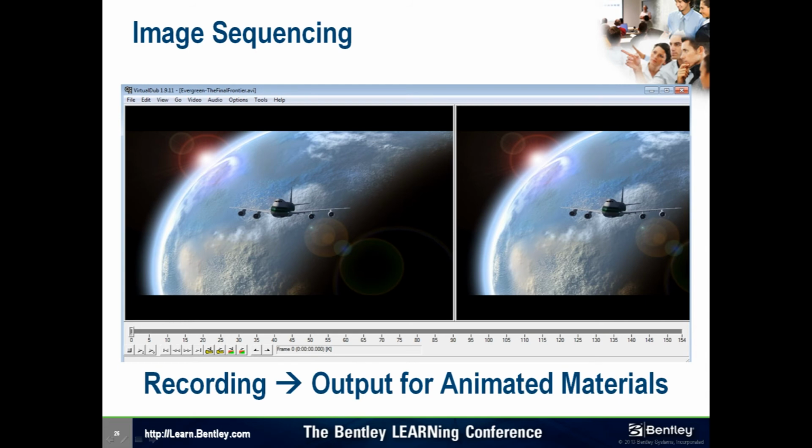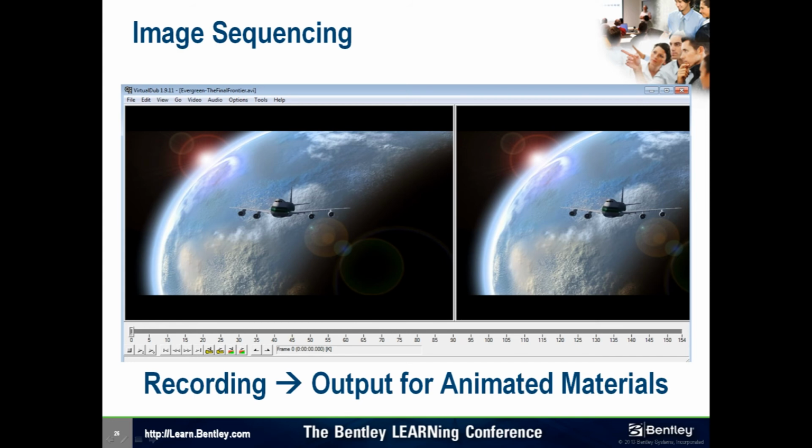So it's a really fun place. And so to showcase that plane flying through space was sort of a creative idea, and we wanted to put that on the jumbo screen in the animation. So the way I did that is I created an AVI file directly in MicroStation of that animation sequence, and so that I could play that animation on a surface that I made up for the jumbo screen,